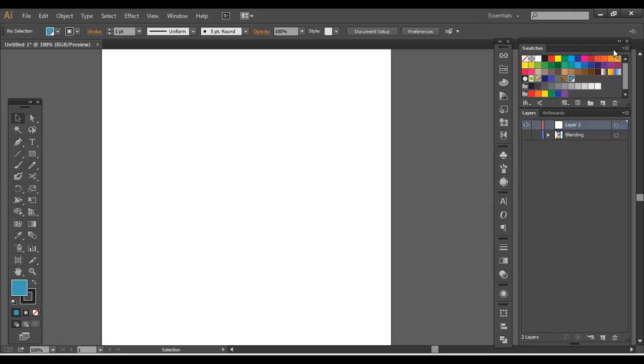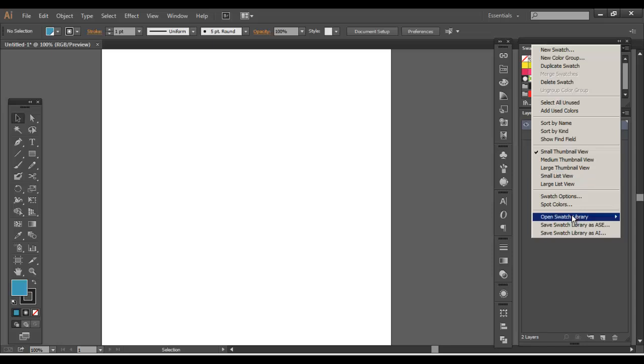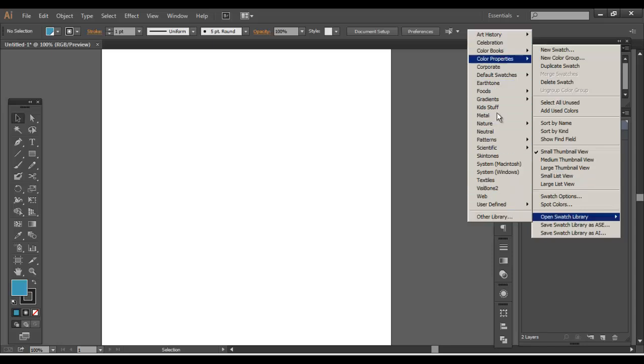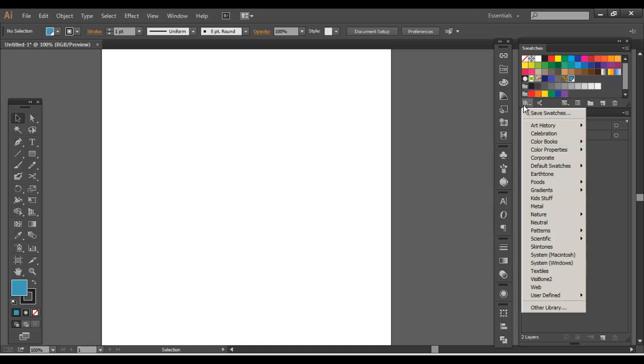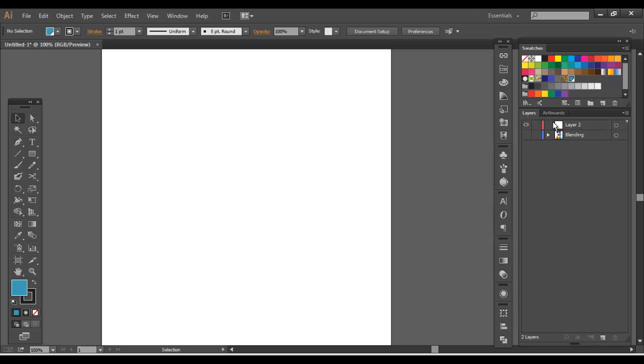Okay, so yeah, that's your Swatches palette. Remember, you can use the drop-down menu to inject all sorts of color books and different default patterns and colors and color harmonies that Illustrator has for you, or create your own, like I have here, and save them for later use. And keep in mind, you have the easy access drop-down there as well, and you can use Cooler,